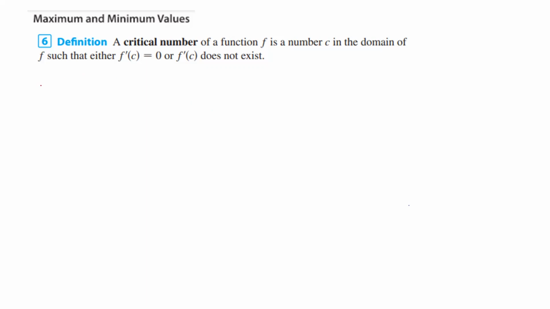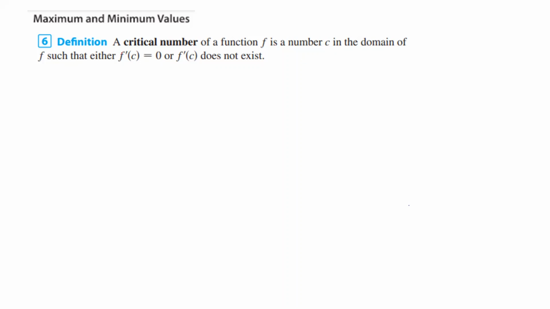Okay, in this video, I'm going to discuss the idea of a critical number. This is a continuation of our discussion of the maximum and minimum values. According to the definition, a critical number of a function f is that number c belonging to the domain of